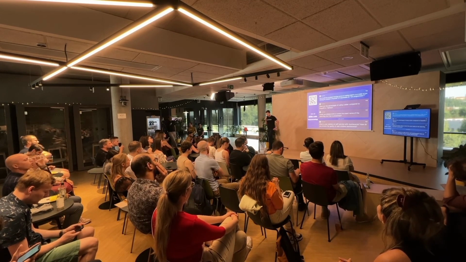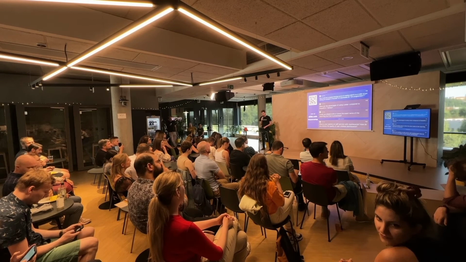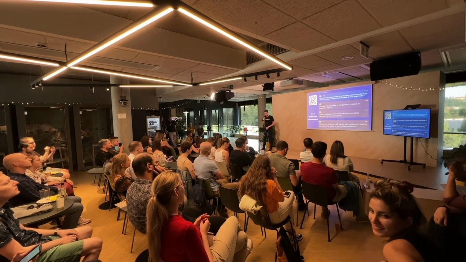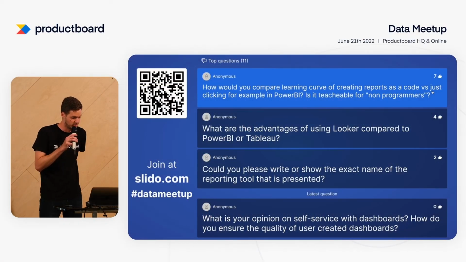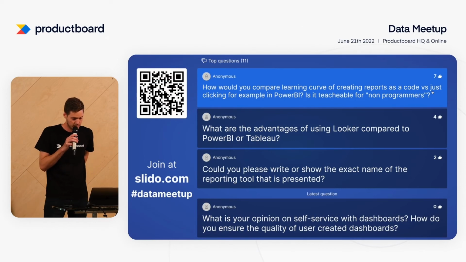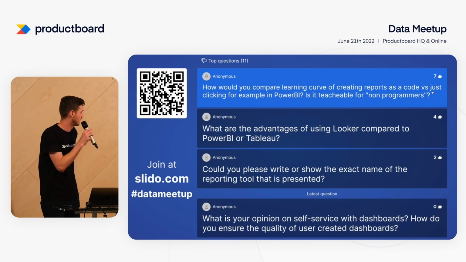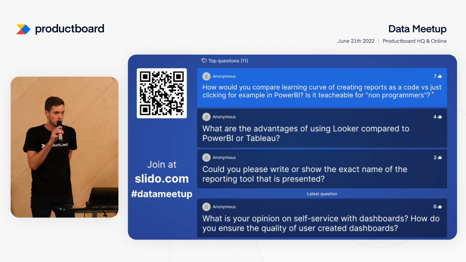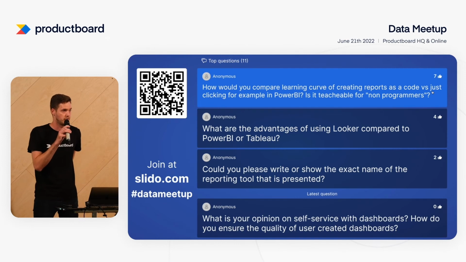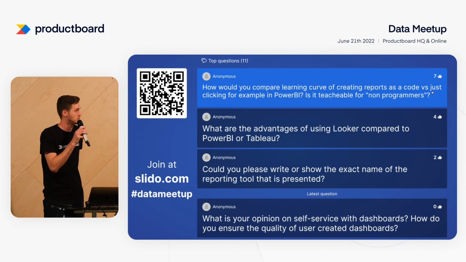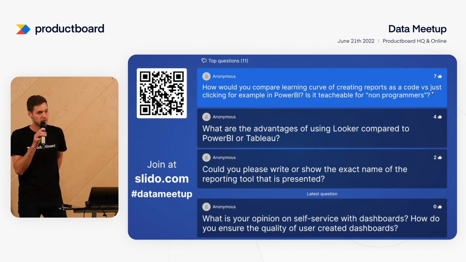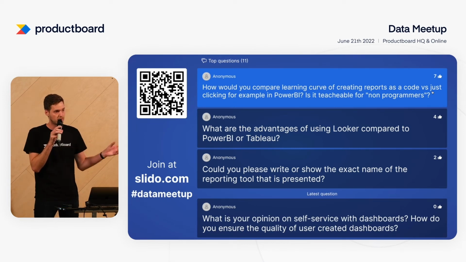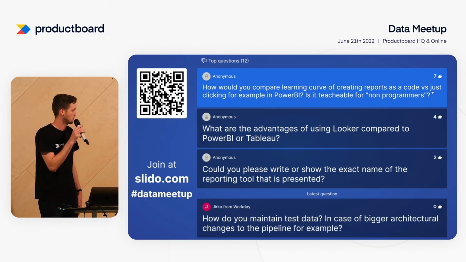So the first question is about the learning curve of creating reports as code versus clicking, for example, in Power BI. I would say that writing a dashboard as code in Looker is quite difficult, but it's possible to build the dashboard by dragging and dropping things, clicking there, and then converting it to code.